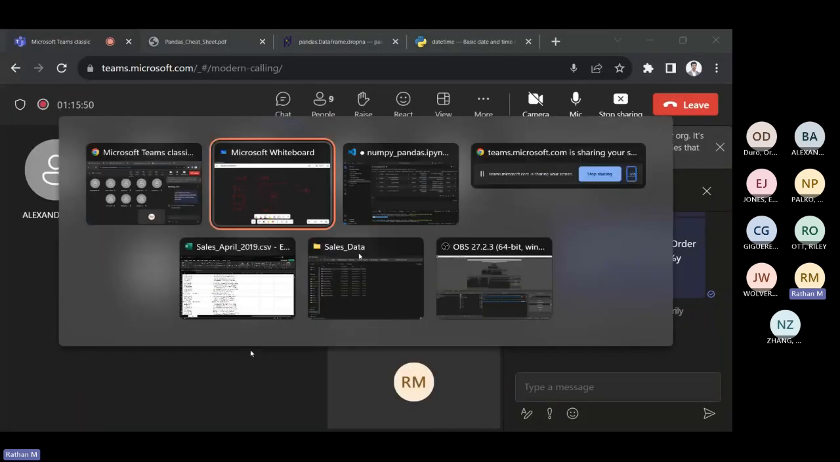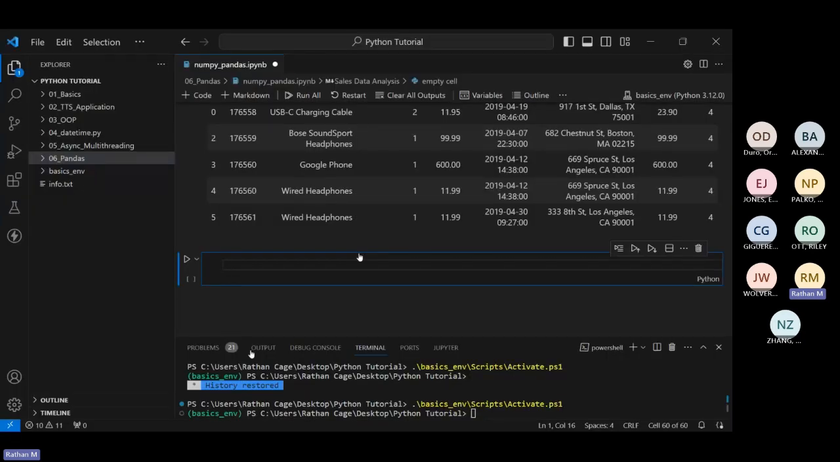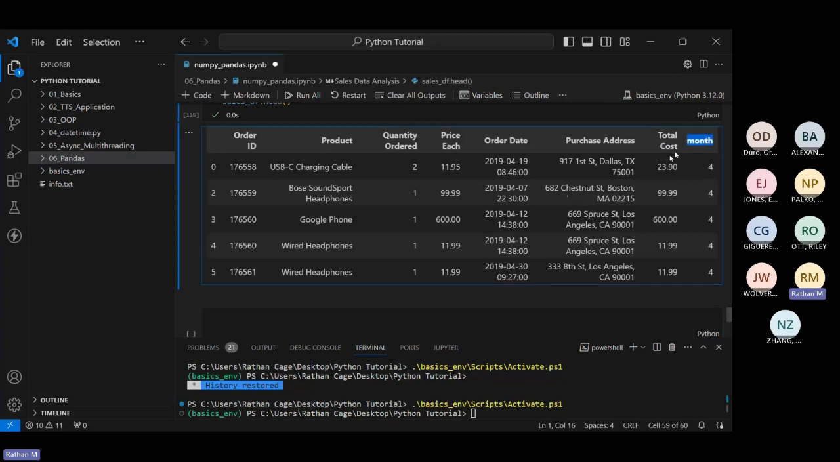Also, yeah, welcome Jenny to the session. So yeah, exact same thing that we did earlier. Let's just do the same. We have a column called month. So let's